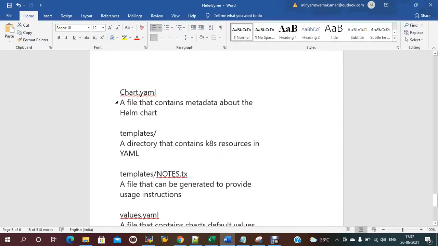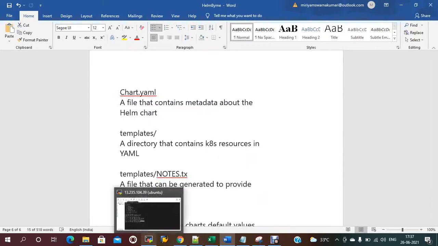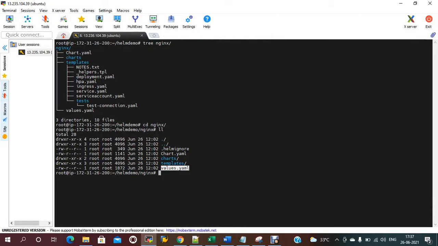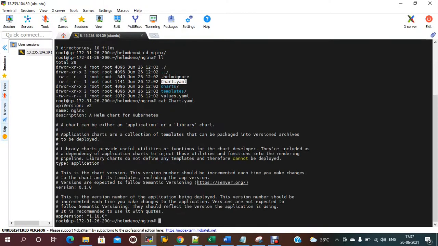The Chart.yaml file contains the metadata about your Helm chart. If you see Chart.yaml, here it has the version, name, and description.